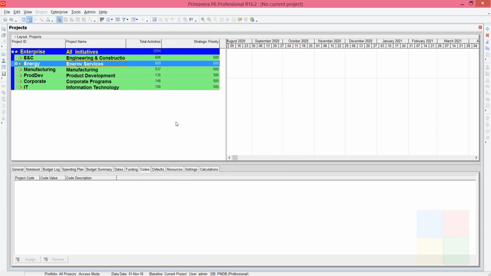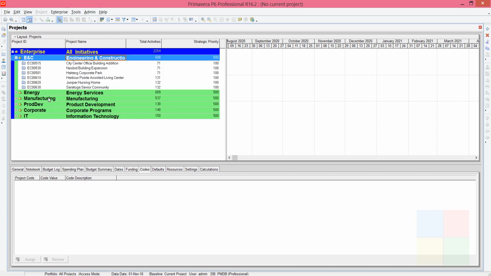So why did I do that? Now comes the actual story. Just look at these projects. I'm considering only the projects under E and C, just these six projects. Imagine that these projects are taking place in different countries. The first one in India, the second one in England, the third one in America, the fourth one in India, like that. I'll now assign the project codes that I created just now.